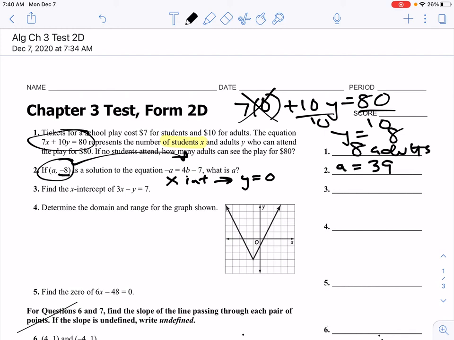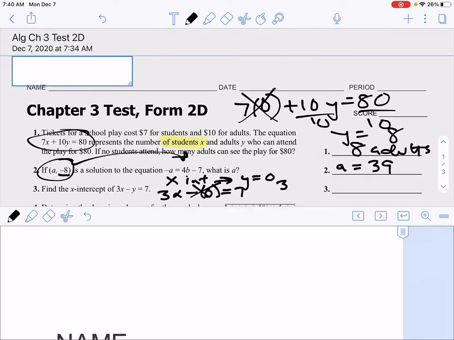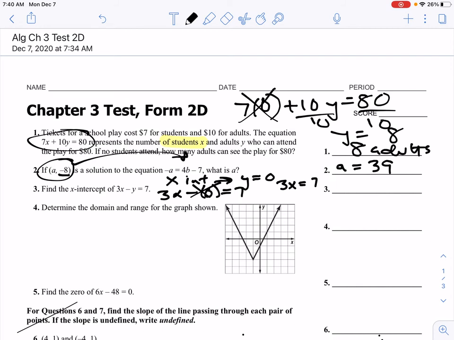So you're going to go into this equation, and you're going to say, okay, so 3x minus, well, I'm going to make y equal to 0 now. 3x minus 0 equals 7. So that's fine, that goes away. You're left with 3x equals 7. Divide both sides by 3 because that's what you do. And then you get x is equal to 7/3. So my x-intercept is 7/3. That means that if I put 7/3 in for x and 0 in for y, I will get an equality,